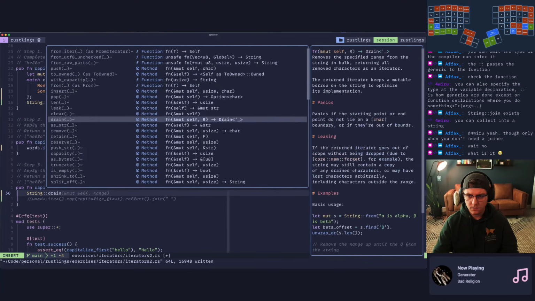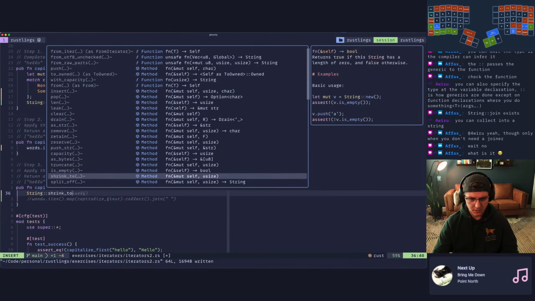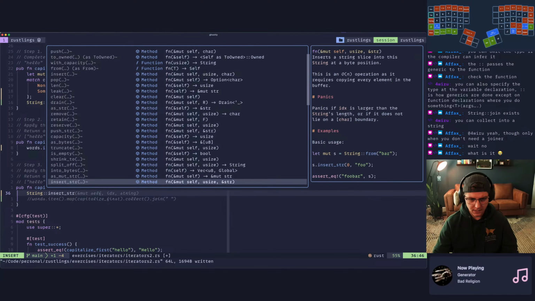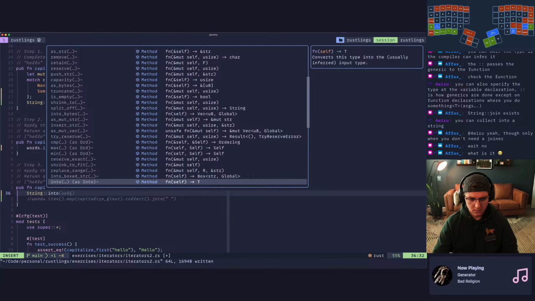Leak, drain, retain, reserve, push, capacity, truncate, into bytes, as mutable string. Into